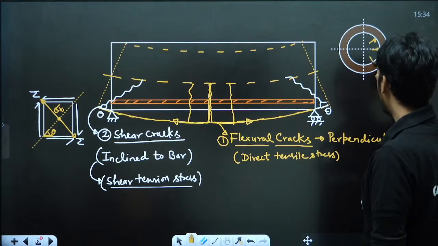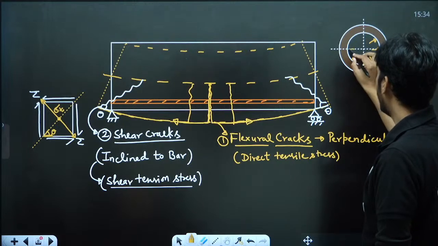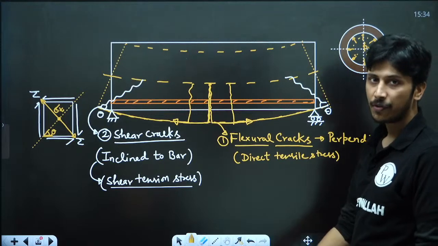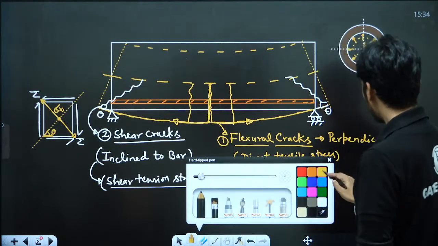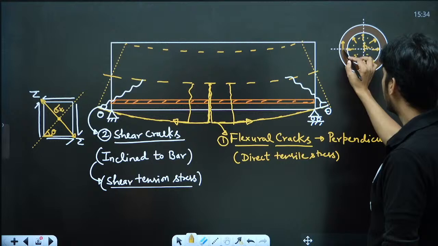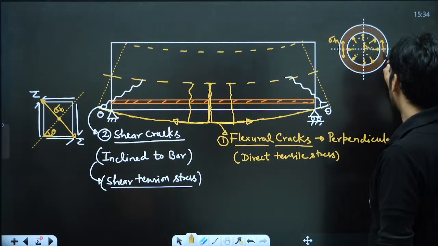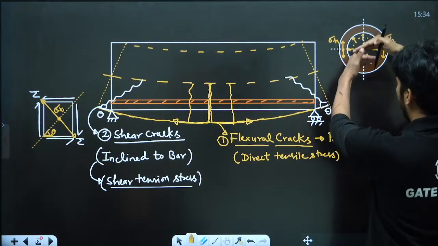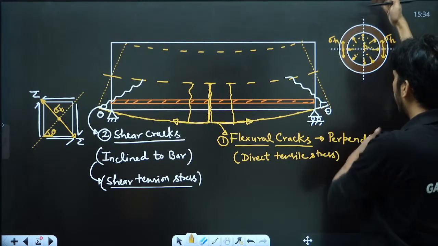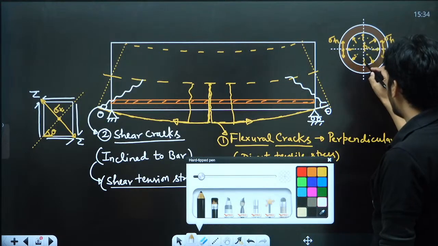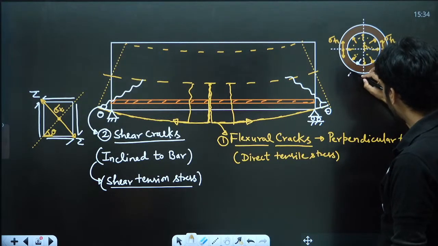Suppose this is the pressure. Inside there is a fluid, any gas or any liquid, and some pressure P is applicable. So there will be three types of stresses. One is hoop. Hoop is like this. This is hoop stress sigma h on the walls. This is called circumferential because it is breaking the circumference. This is hoop stress. One is radial also. Radial stress is like this.